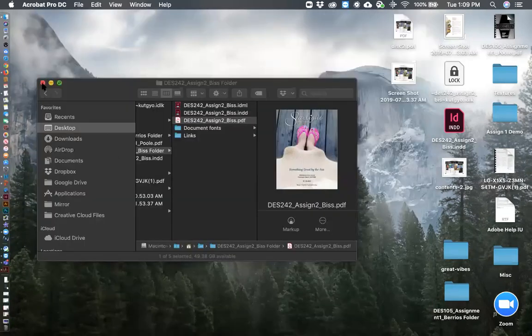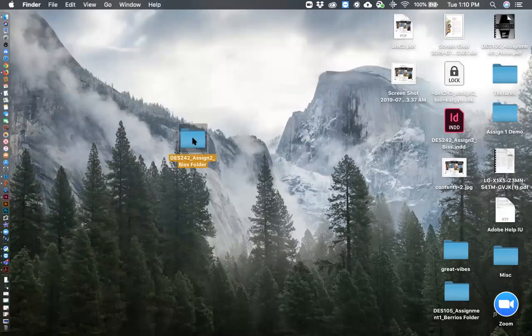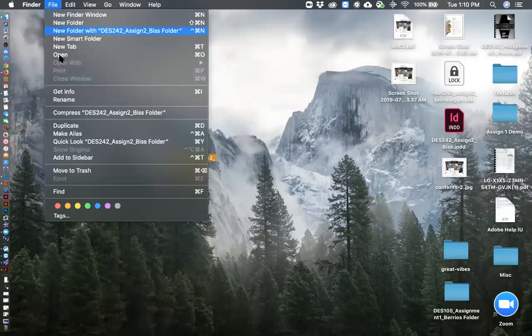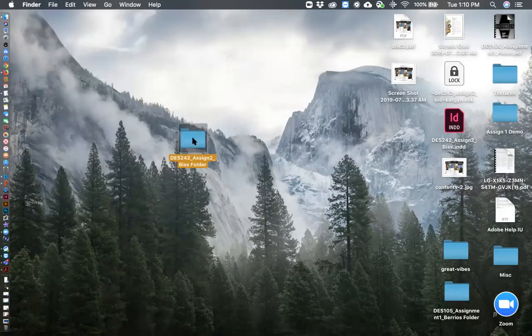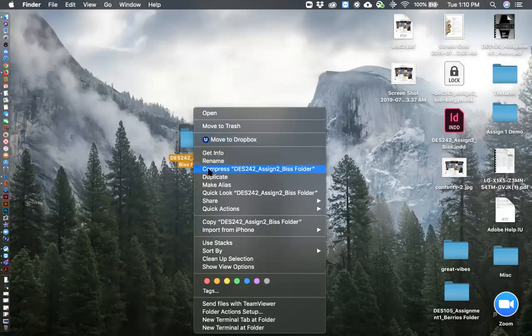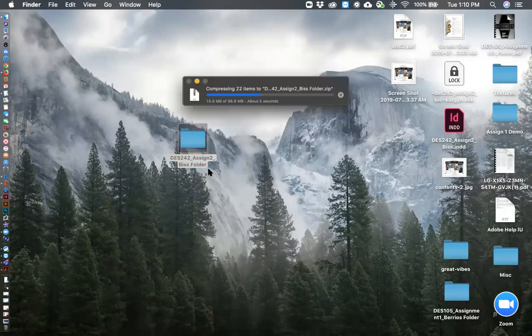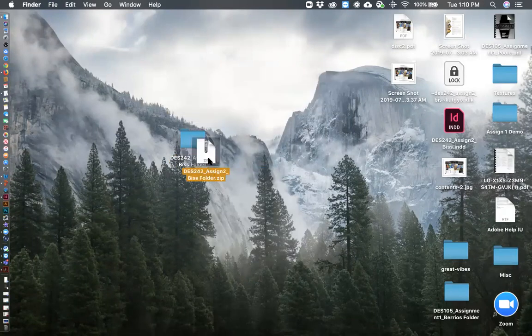Okay. So if everything's all right, you can either go up to File, Compress to zip it, or Control click will do the same thing, and this will zip it. Now, you want to make sure this isn't going to be a huge file.